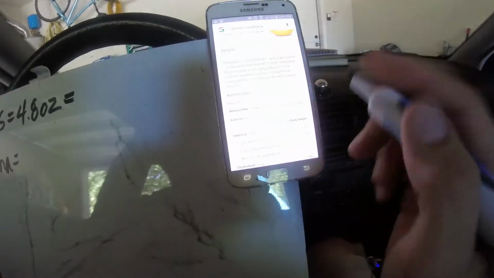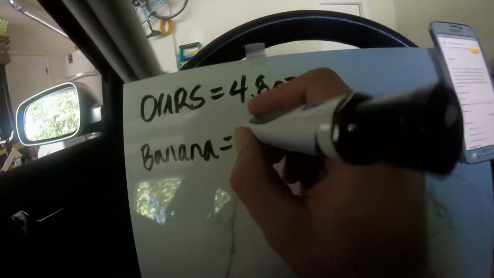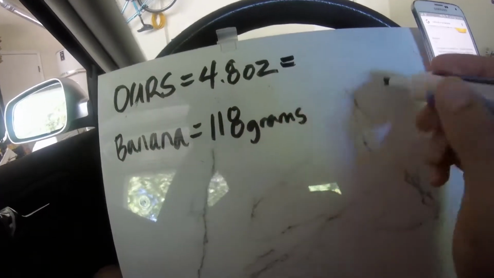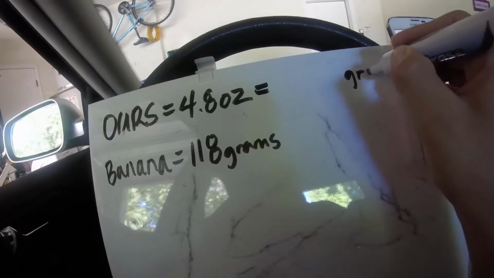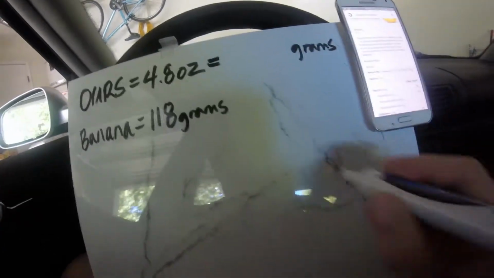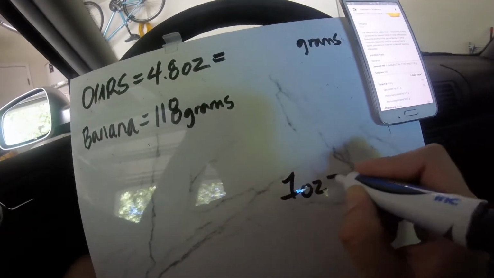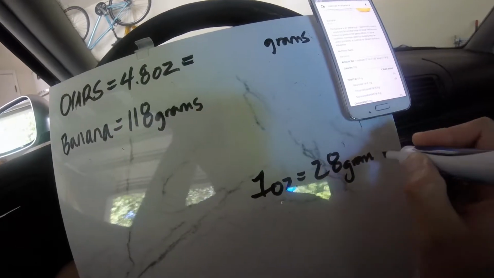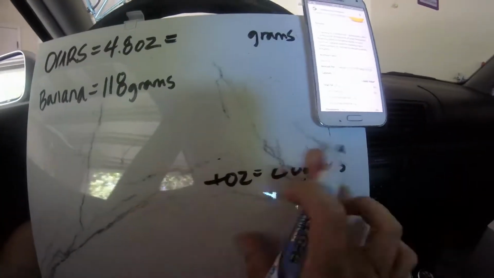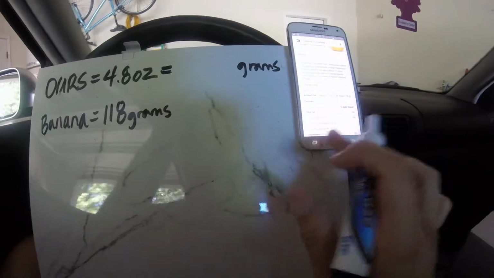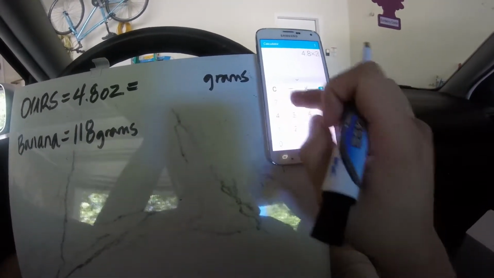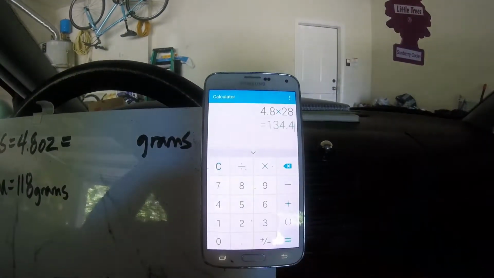First thing we're going to need to do is convert this to grams. We're going to need the grams of the actual banana and the grams of our banana. One ounce equals 28 grams. So when you Google search it, you typically get the measurement in grams. It's also on the label in grams. So we'll take 0.48 ounces times 28,